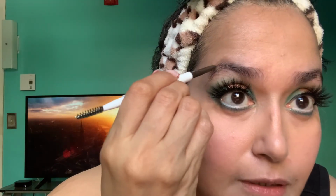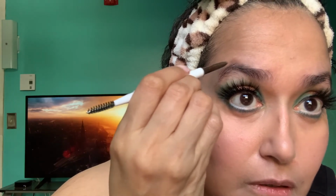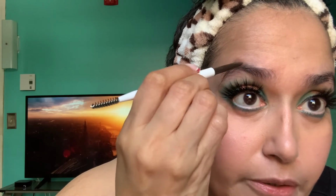Let me get the gel out. I always start where I have less color, right in here. It's usually the peak on this side. This is my right side, and then I just extend it a little bit here. I know my eyebrows need to be cleaned, but